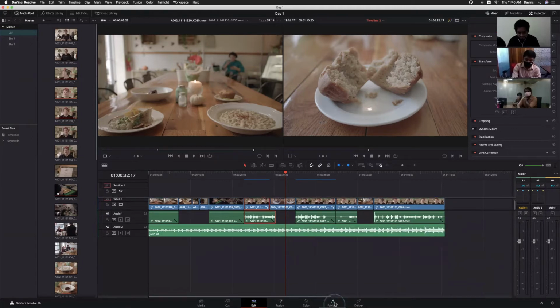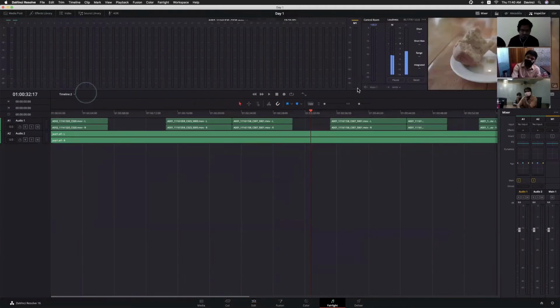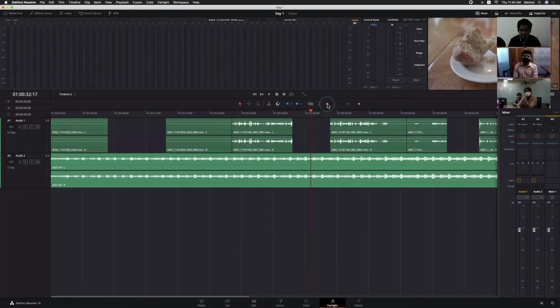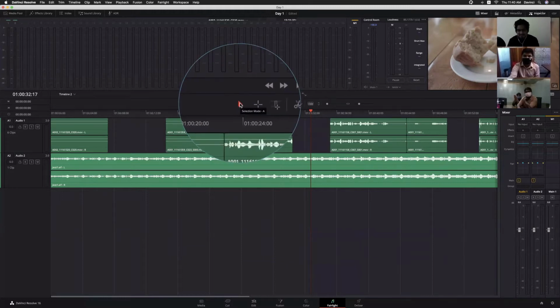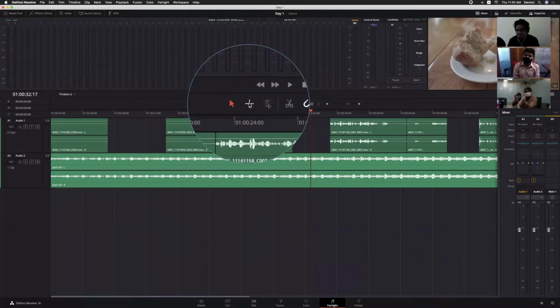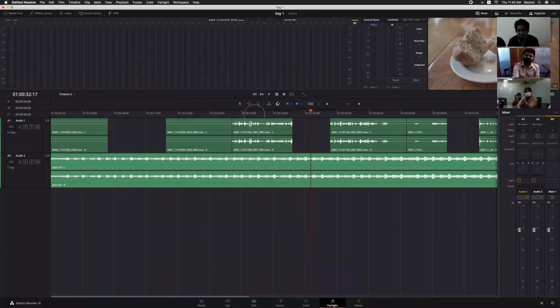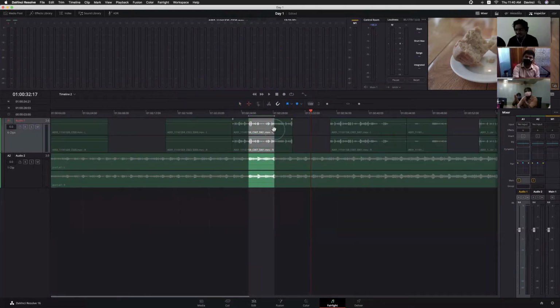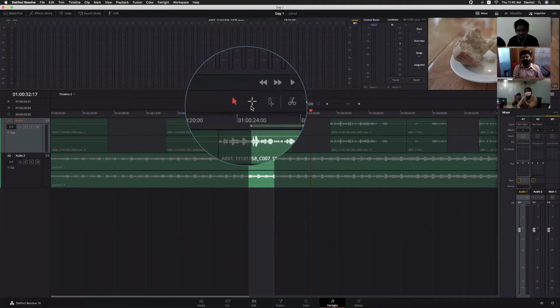let's go back to the Fairlight page. So I'll quickly go through the tools. This is the regular selection tool, the first one, and the second one is the range selection tool. We can select a particular range of audio. The third one is the combination of the first two tools.